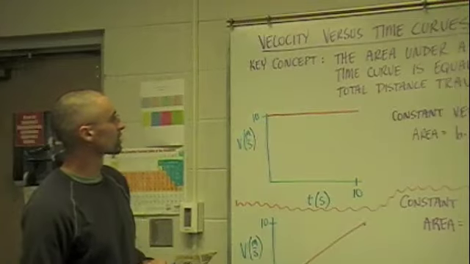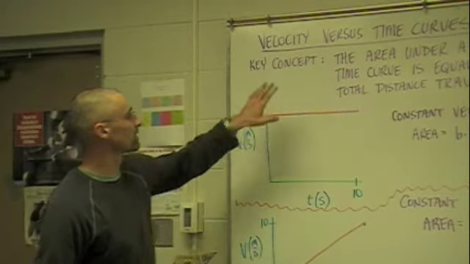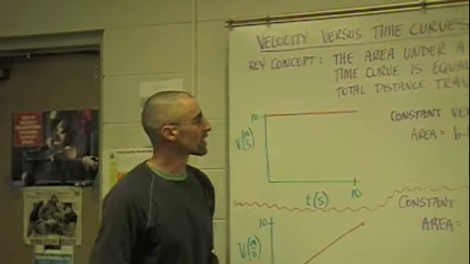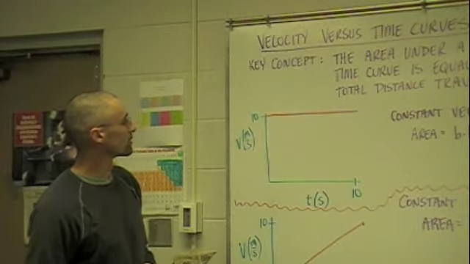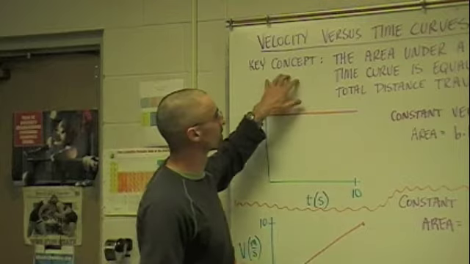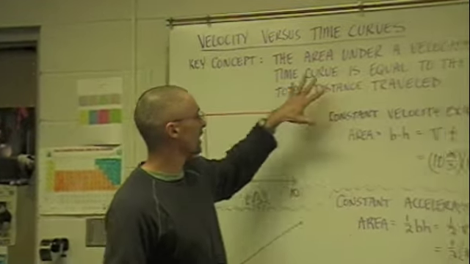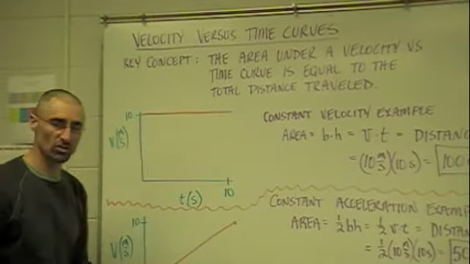Just looked at yesterday, we're going to look at some velocity versus time curves. And there's kind of a key concept that we need to get so we can move forward. And this key concept is the area under the velocity versus time curve is equal to the total distance traveled